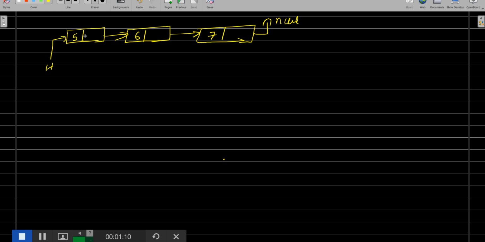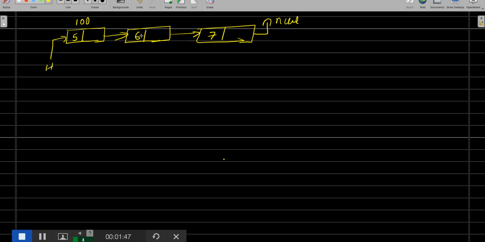Now we know that the next section of the node has the address of the second node. So basically, when you say this particular node, a node, guys, is nothing but an object, which we have already seen. And every node, every object, has two things: the data and a pointer to the next node. Since this is an object, it has an address. So let's assume that the address of this object is equal to 100. So basically the head will be pointing to 100.